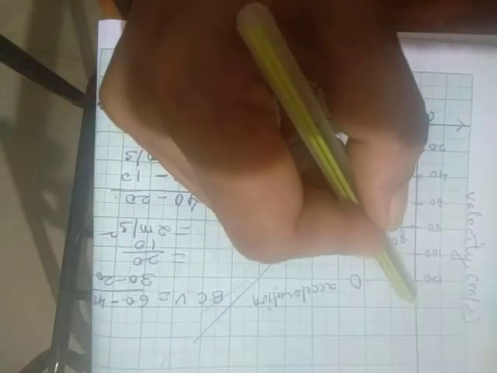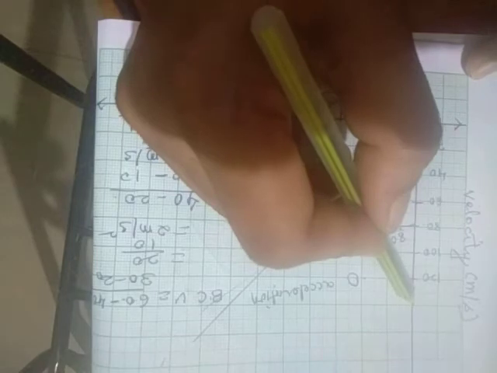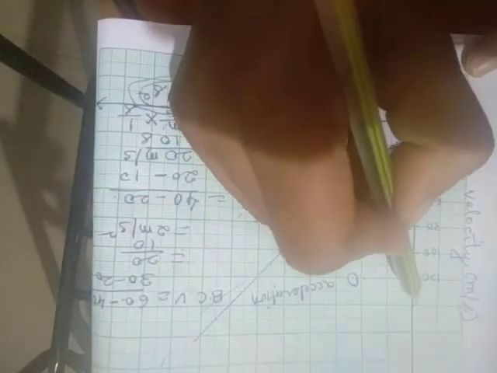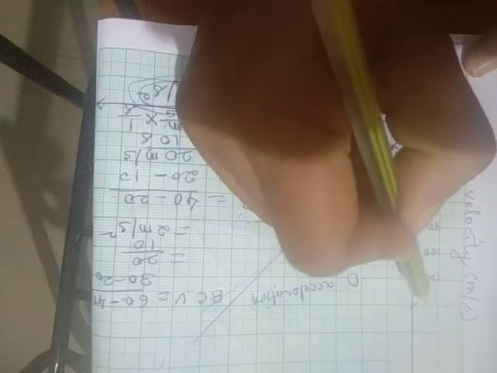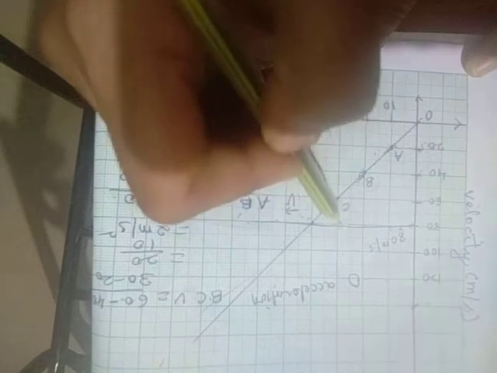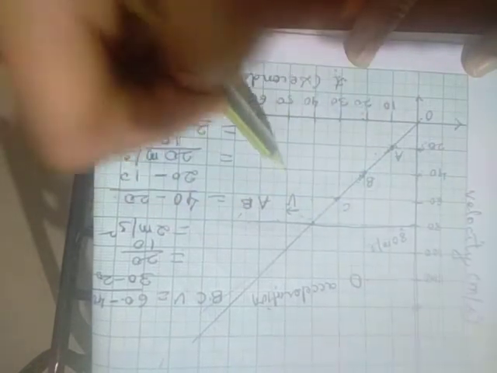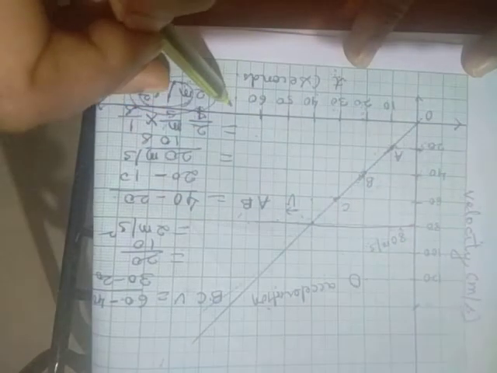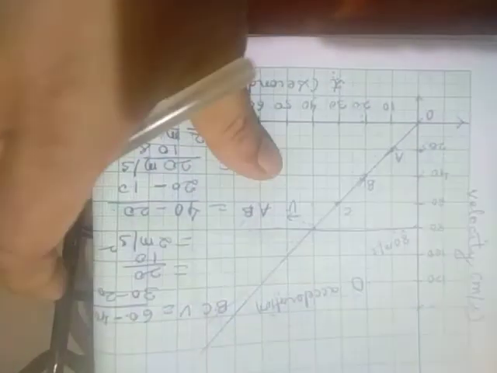There is even another one, that is retardation, or negative acceleration, wherein the graph will be going down like this. The object will start at a particular velocity, and then every time it will go on getting reduced. In such a case, the graph will be like this. Fine. So have you understood the difference now?